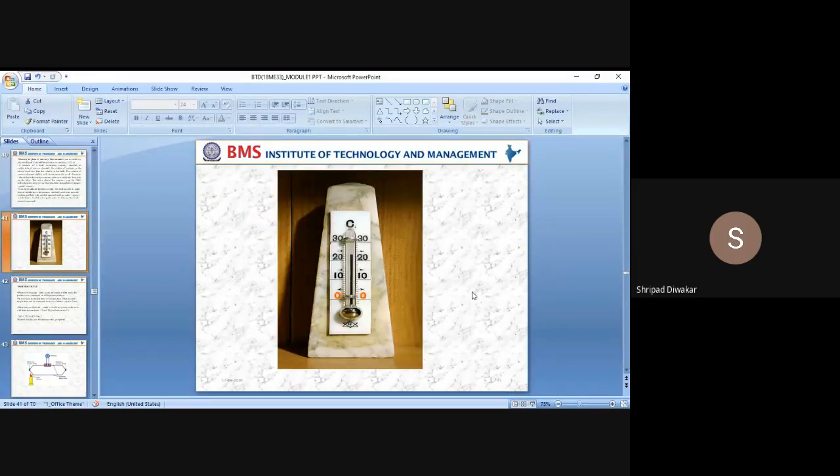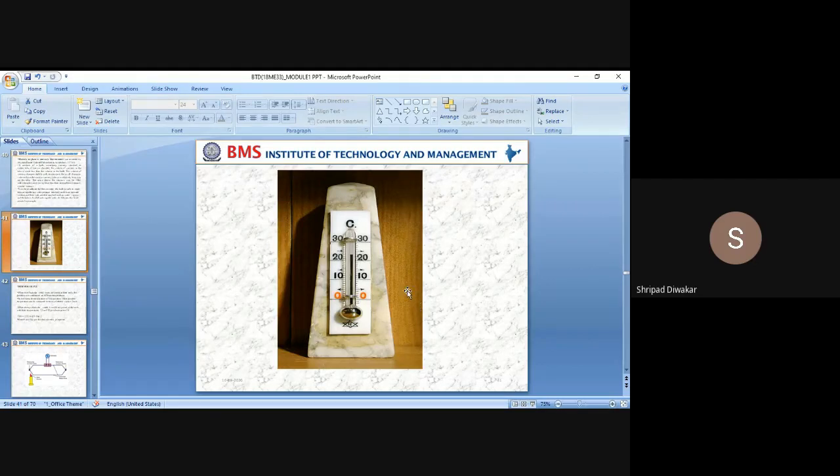So this is the mercury in glass thermometer. Already we studied. Okay, see, the mercury in the glass is the thermometric property. As the temperature change takes place, it causes an increase in the length of mercury inside the thermometer. That is the thermometric property, and it has marked graduations. We have the bulb at the end. The graduations are clearly marked, so we can easily measure. It is the most widely used instrument for temperature, the mercury in glass thermometer.